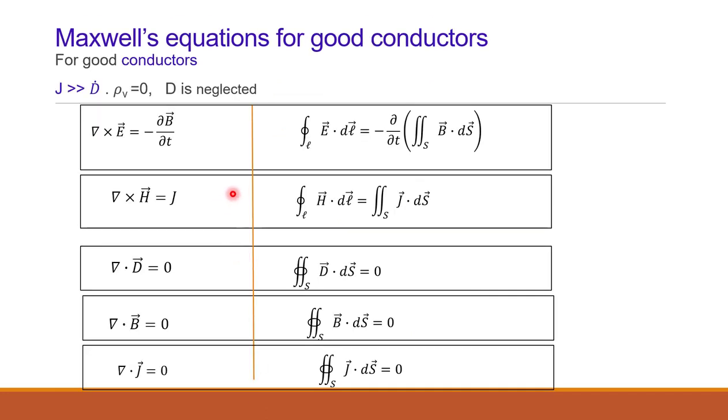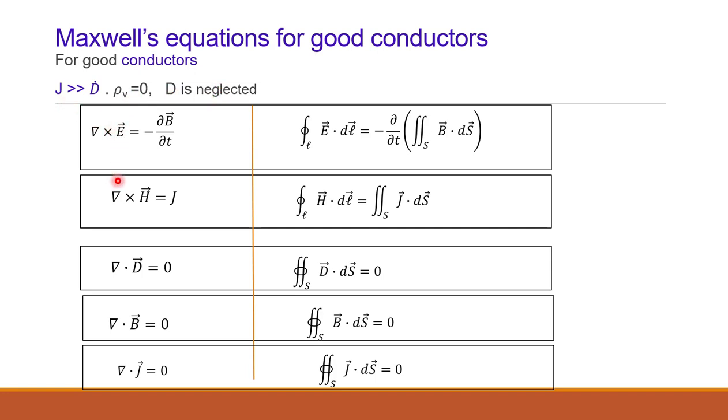So let us move on to the next media, that is good conductors. For a good conductor, the current density is more than the electric flux density. So J is very much greater than D bar dot, and rho V is 0. No charge density is present, but the current density is present because good conductors can carry a good amount of current. Volume charge density is a static part, so it should be 0 because charge is moving, so it is constituting a current. As current is high, no static charge density is there, so rho v is equal to 0. So we can neglect D and we can just consider J.